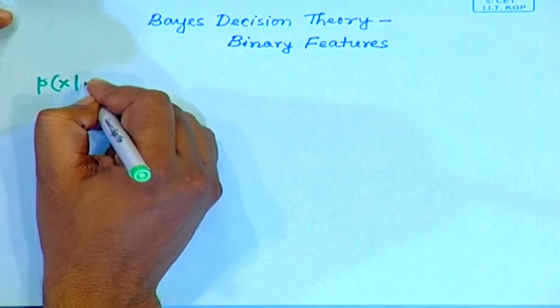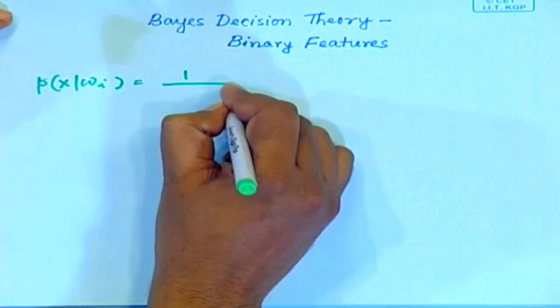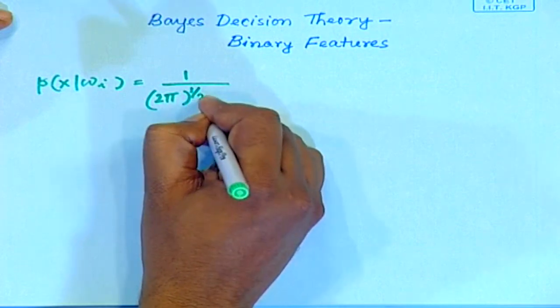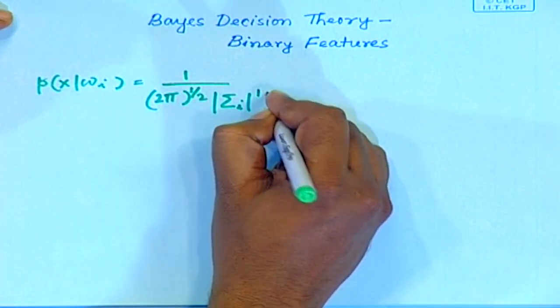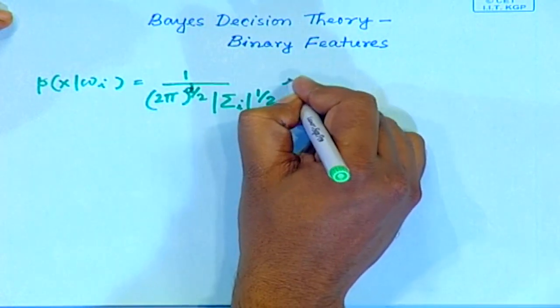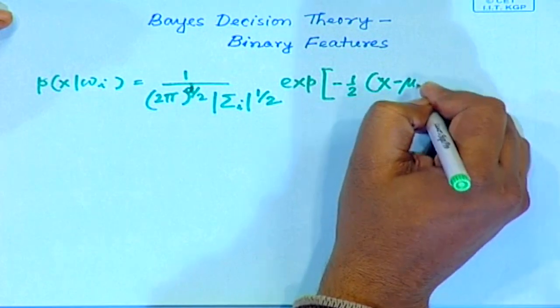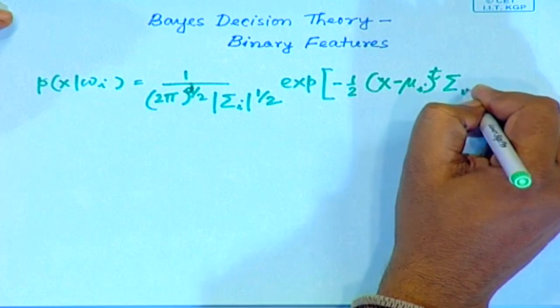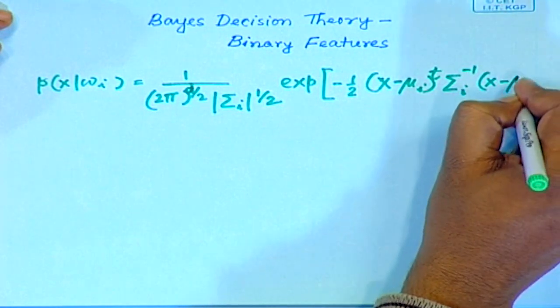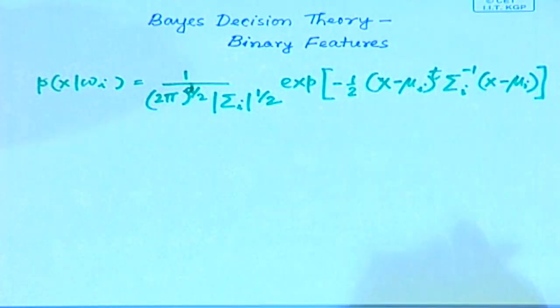So far, what we have discussed is assuming that the feature vectors are distributed following some normal distribution of the form P of x given omega i is equal to, so this is the expression for a multivariate normal distribution, and we have seen that in this expression where sigma